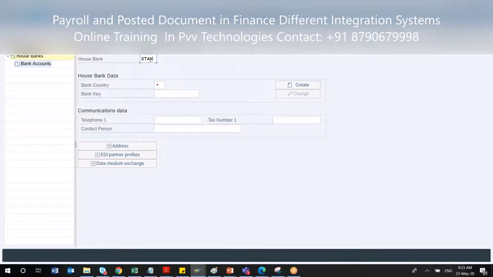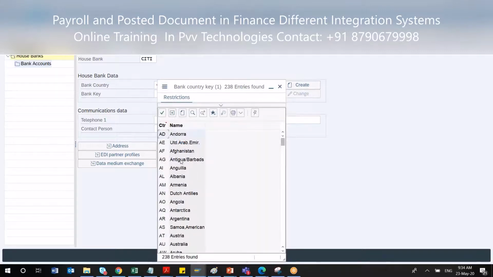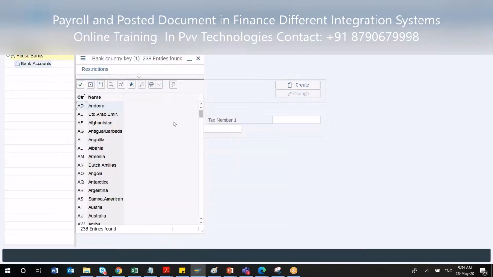So whenever your finance posting is done, out of 200 people, 100 people's salary will be credited or paid from Citibank. Then I will decide, configuring that particular bank details, Citibank, and this is my bank country. Suppose I'm choosing US for a specific location, let's say.